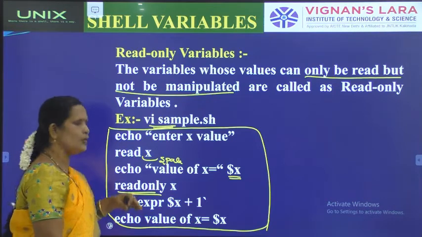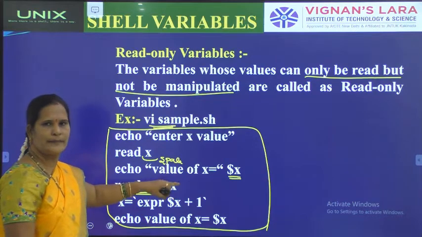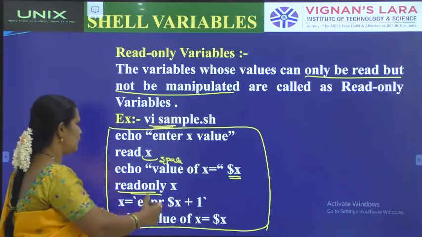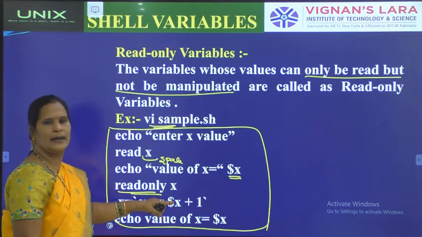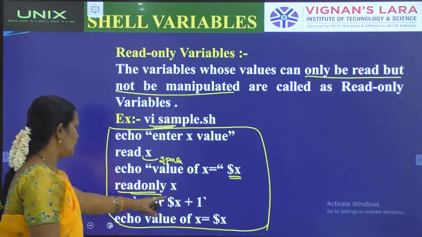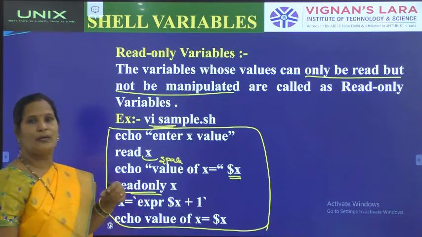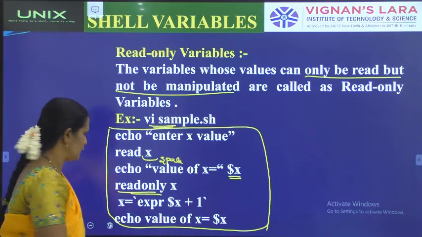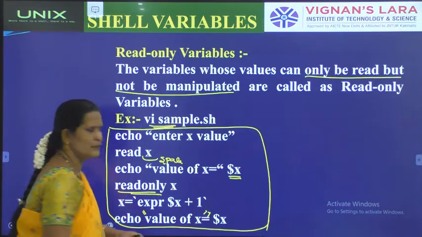Okay, so now I am going to modify the value of this variable. Here I declared this x variable as read only. Now I am going to modify the value of the x variable. Now I want to increment the value of the x variable. x = expr $x + 1. Okay, next, the value is incremented. This is okay. Now I am going to view the value of the incremented variable, that is x. Echo "value of x is equals to", within quotations, next